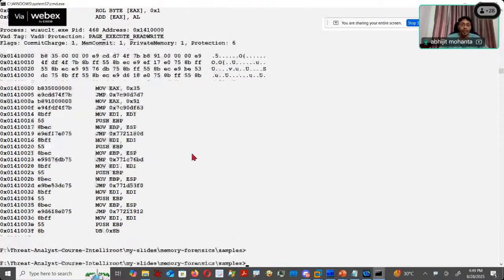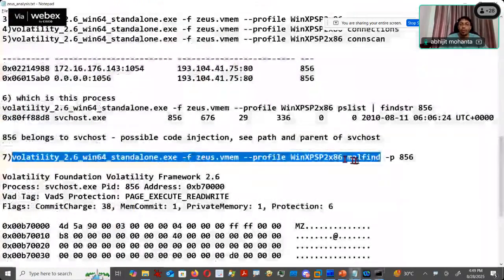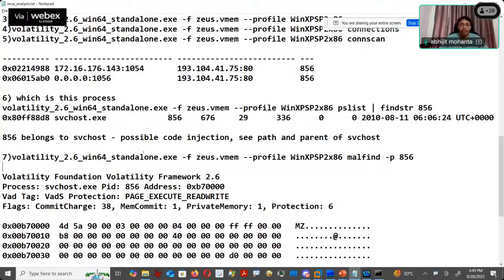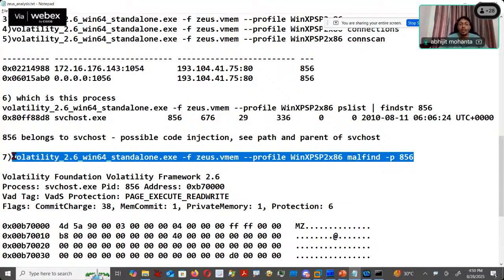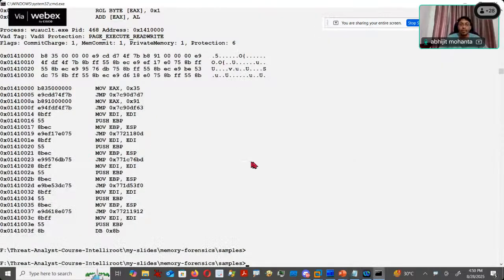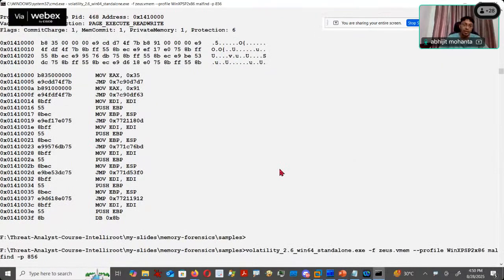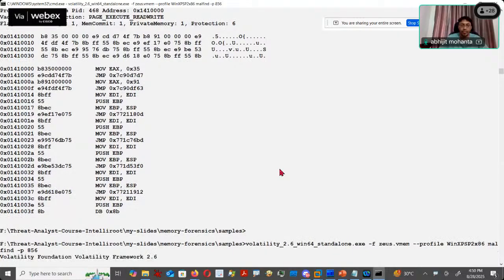What I can do is, since I know this is a suspicious process, I can put a filter on the malfind command. Here I specify the particular process with -p 856. It is going to show only the possibly injected code in process 856. So if I run this,